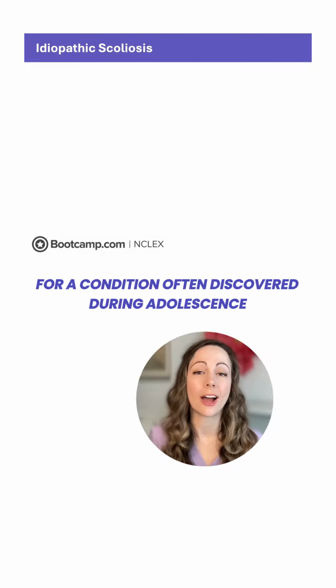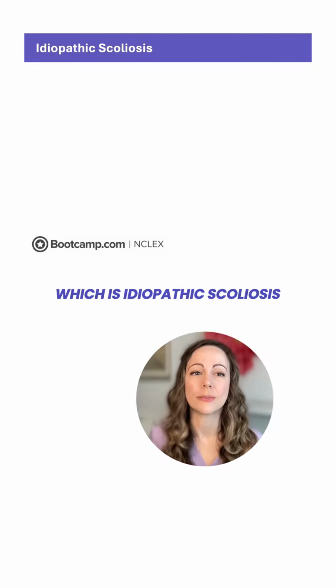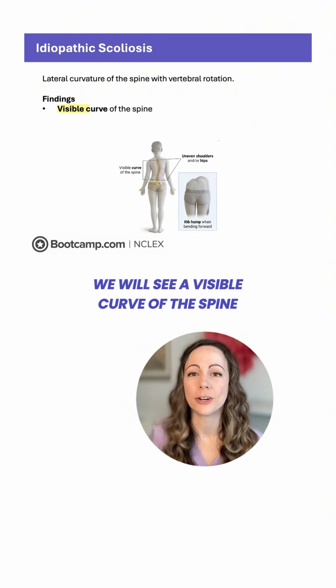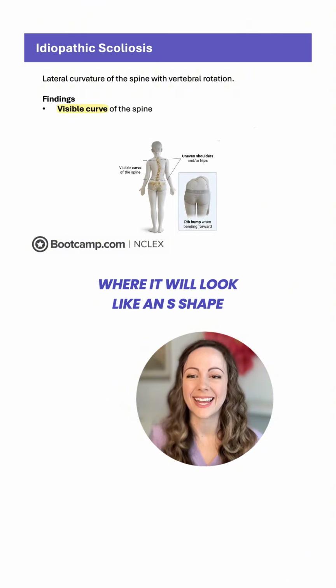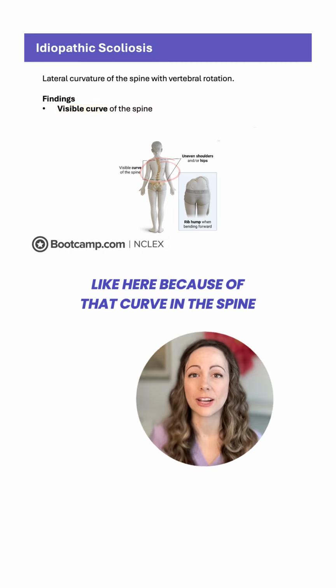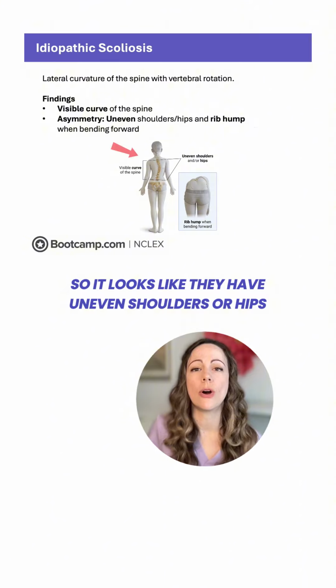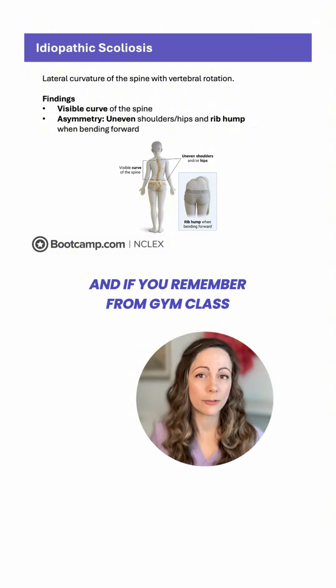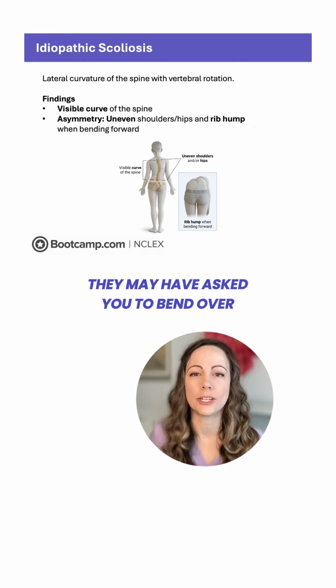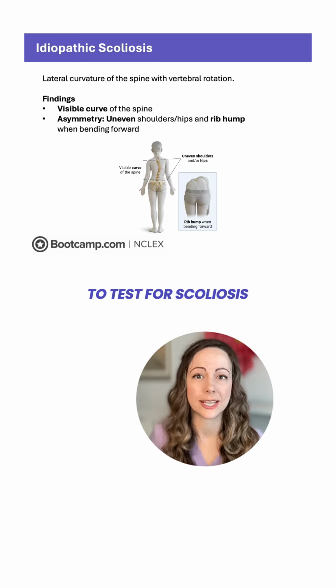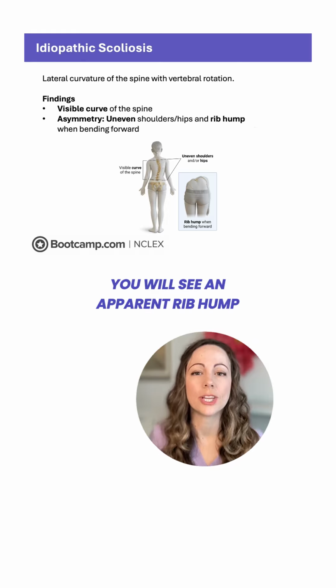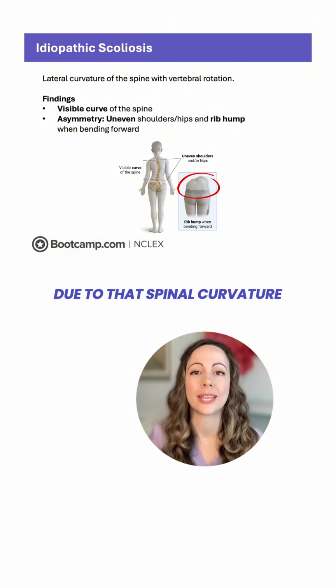So now for a condition often discovered during adolescence, which is idiopathic scoliosis. That's a lateral curvature of the spine with vertebral rotation. So for findings, we will see a visible curve of the spine where it will look like an S shape like here. Because of that curve in the spine, we will see asymmetry, so it looks like they have uneven shoulders or hips. And if you remember from gym class, they may have asked you to bend over to test for scoliosis. That is because when they bend over, you will see an apparent rib hump due to that spinal